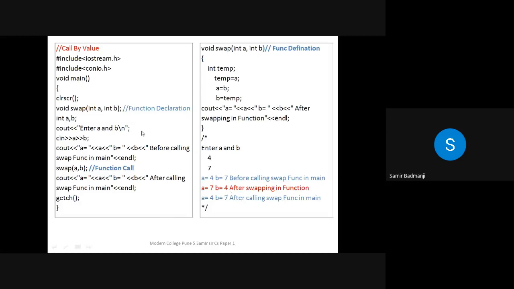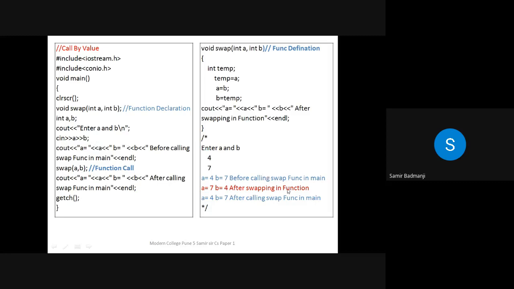Why? Because the variables in the main function and the variables in the function definition are different. They are limited to that function only. Whatever changes or modifications you want to make on that variable can be done only in the function definition, and those values are not returned back to the main function.